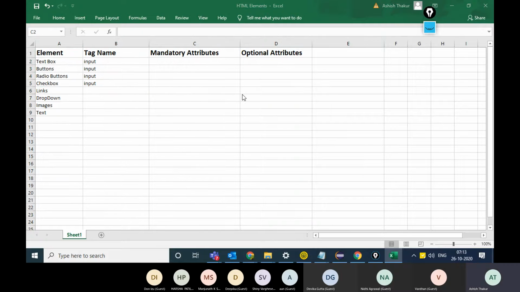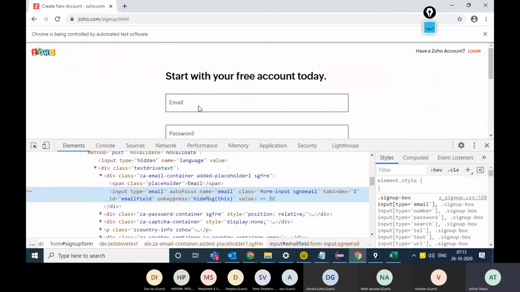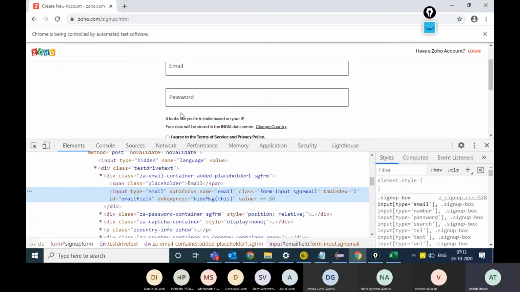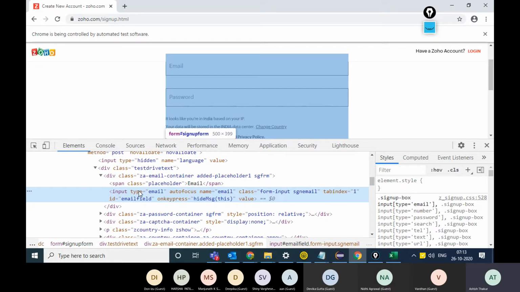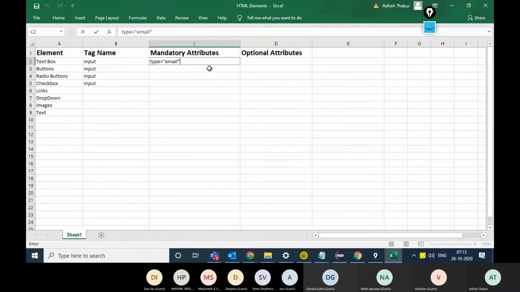For example, if you have an email text box, or any regular text box, you will always find the type attribute equal to email, or the type attribute equal to text. It will always be a text box.